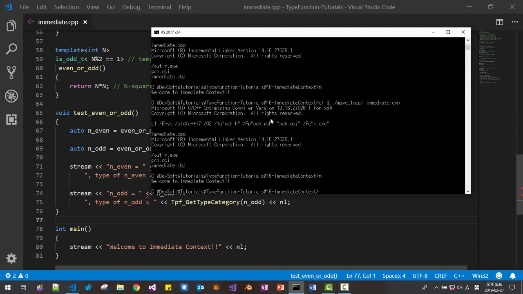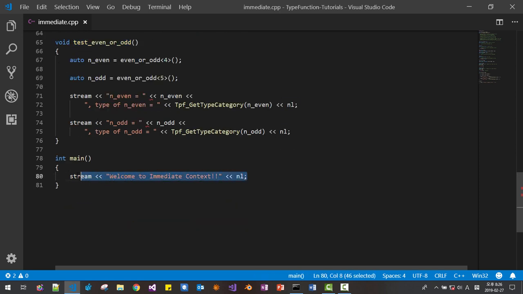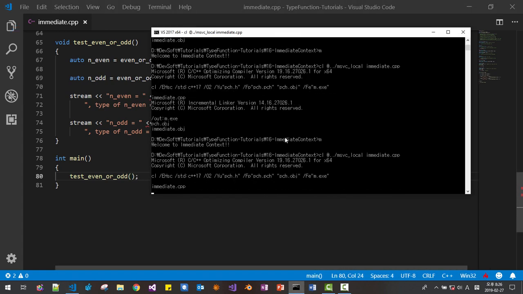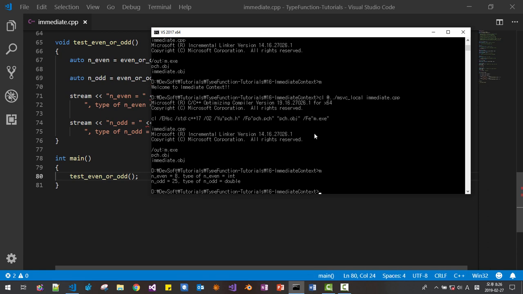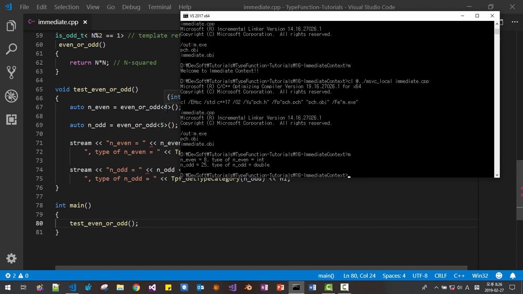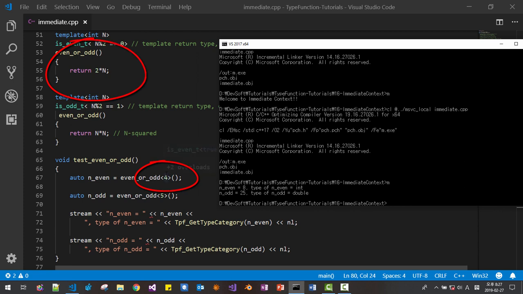Okay, so we have to call this function. So n is even. We passed 4, 2 times n.